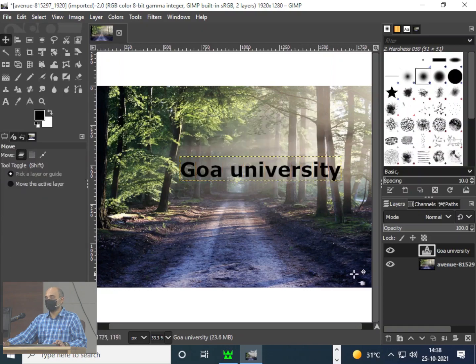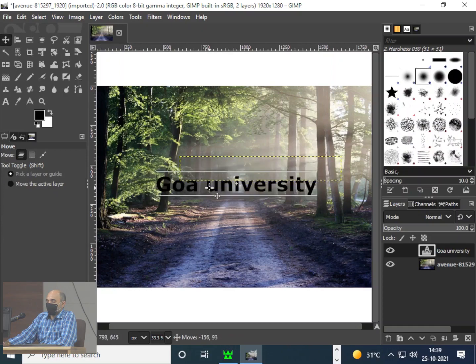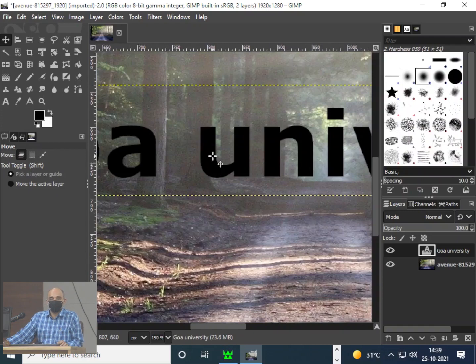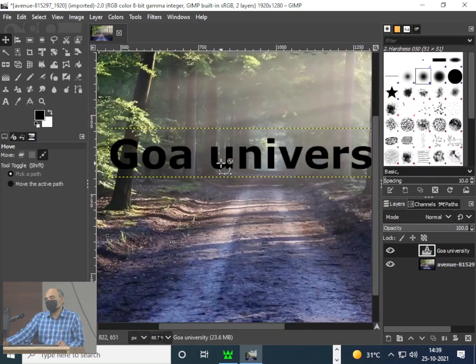We'll take a different approach of doing the same thing. Now what if I want the text to be not just normal text like this, but something which is like an image or which shows something through it? This looks plain black, right? I do not want this to look like this.